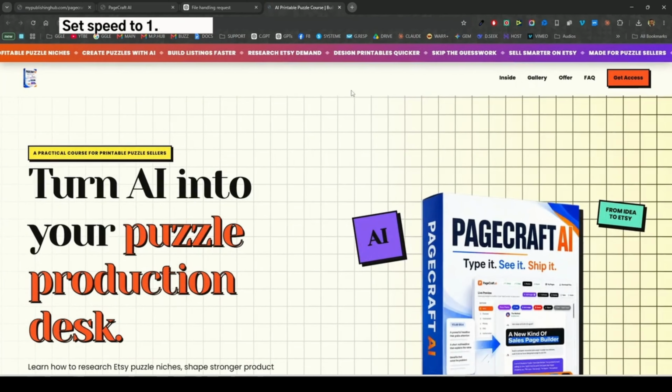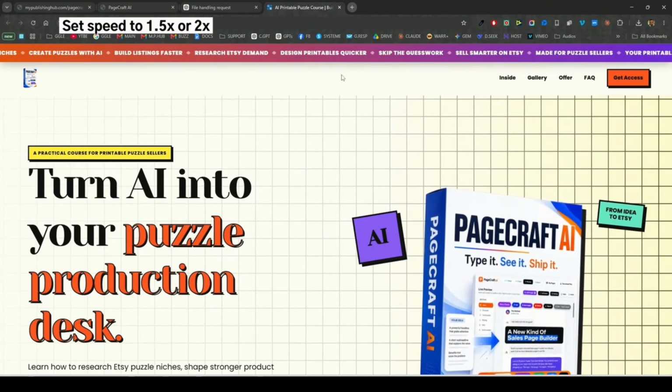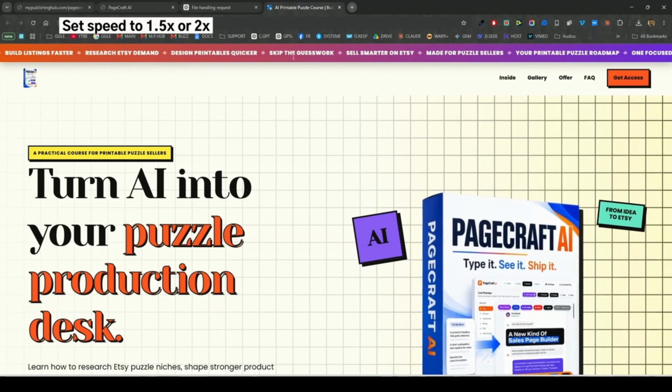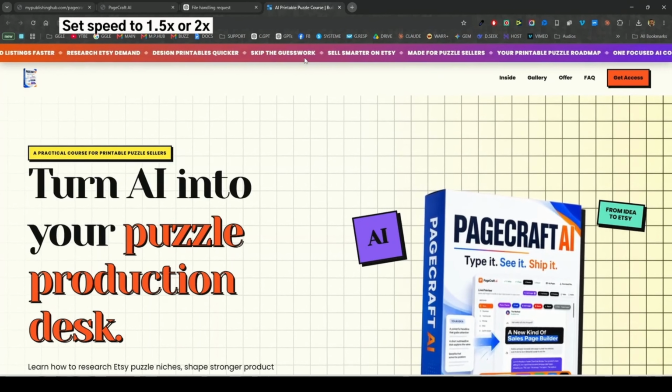So you see, this is my final page. This is the banner. It says design printable quicker, skip the guesswork, etc. This is the button here. You'll see that it scrolls down to my coming soon purchase button that I put there. If you go back, you will see that this is the sticky header, which again has the